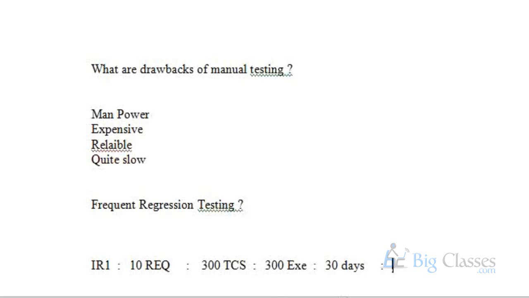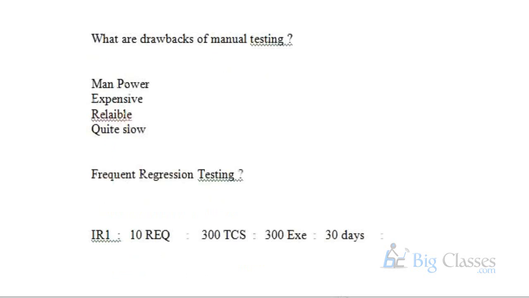With a team size of 5 or 6, or even individually, we can happily manage to test the 300 test cases within 1 month. We can play with this. So 300 test cases in 30 days could be left-hand work for us. Right? So now we are done with the first level of testing on iteration 1.